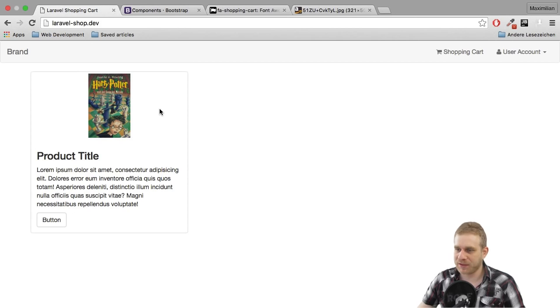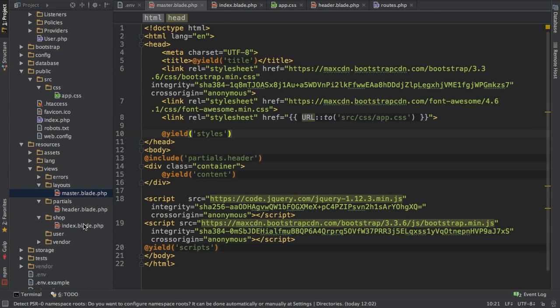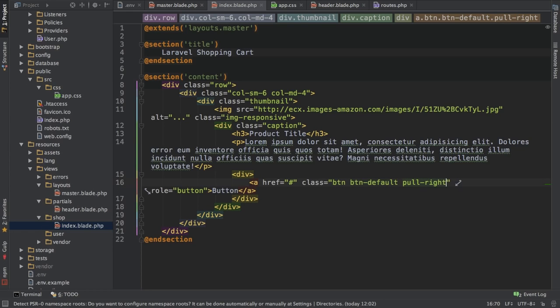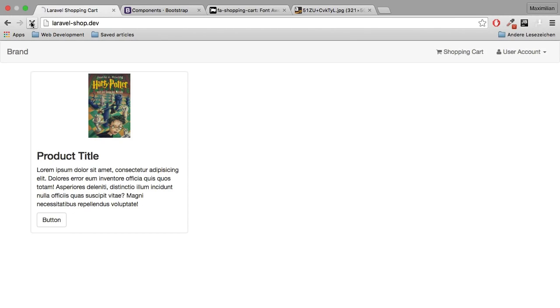So to finish this thumbnail, I want to move this button to the right and say add to cart. And I also want to output a price on the left where the button currently sits. In order to do this, I will go back to my index file in the shop folder. And to move the button to the right, I will give this another class here, which is called pull-right. This is a built-in helper class in Bootstrap, which applies some floating to this button to float it on the right. If I now reload,